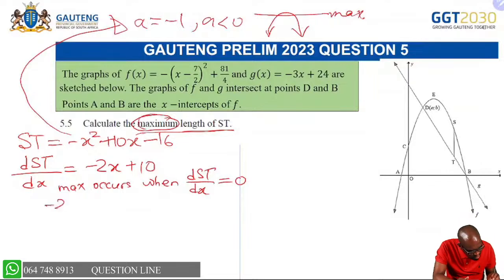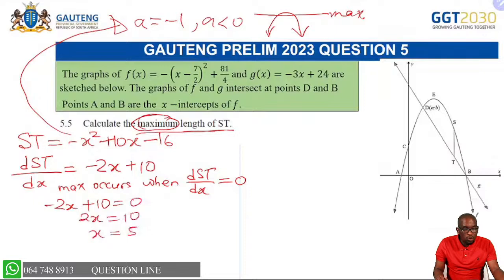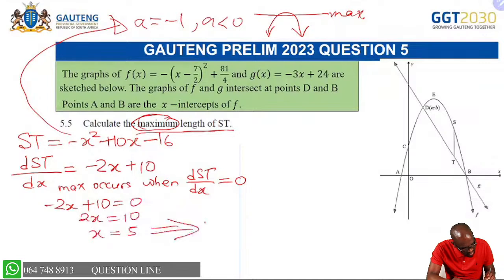So we get that negative 2x plus 10 equals 0. So 2x is equal to 10, and then x is equal to 5. So we got the value of x that would give us the maximum length of ST, which means now we can move along and get our max ST. You go back to the original equation